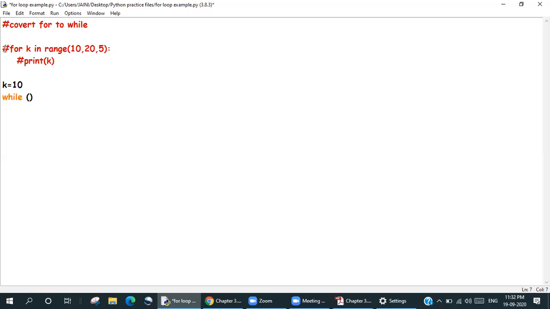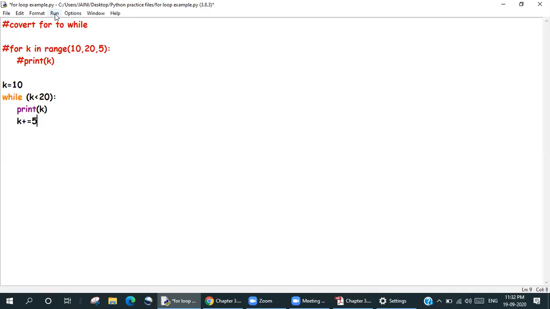And the while loop is going to run only till this condition is true. So you will say while k is less than 20, I want you to run this. Inside what we want to do, we just want to print the value of k. Now, after we print the value of k, we have to increment the value of k by 5. Okay, and then this is the end.